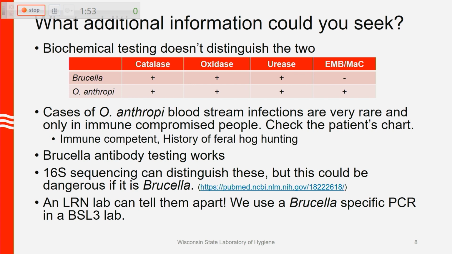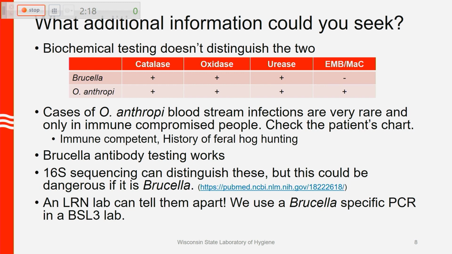Now, if she wasn't sure at this point, if she didn't remember about the growth differences on EMB versus MacConkey, asking others for help can certainly be a key thing when you're not really sure what to do yourself. You can talk with the clinician and get their perspective. Maybe it wasn't in the chart that they did hog hunting, but you can talk through this: I'm not sure what this is. I'm getting this identification, but it could be this other thing,